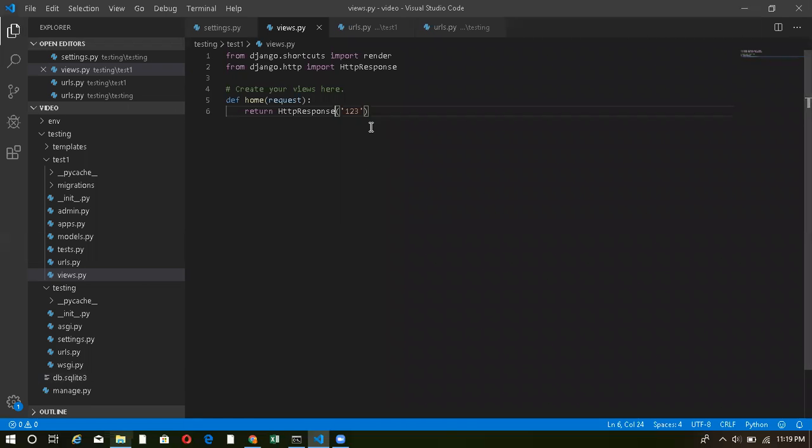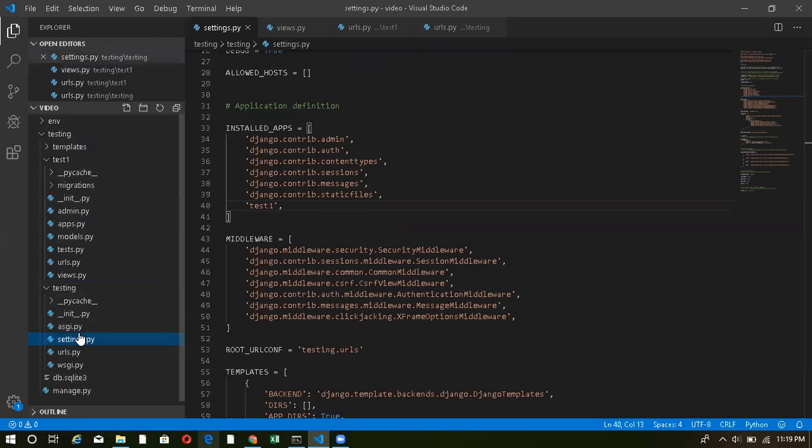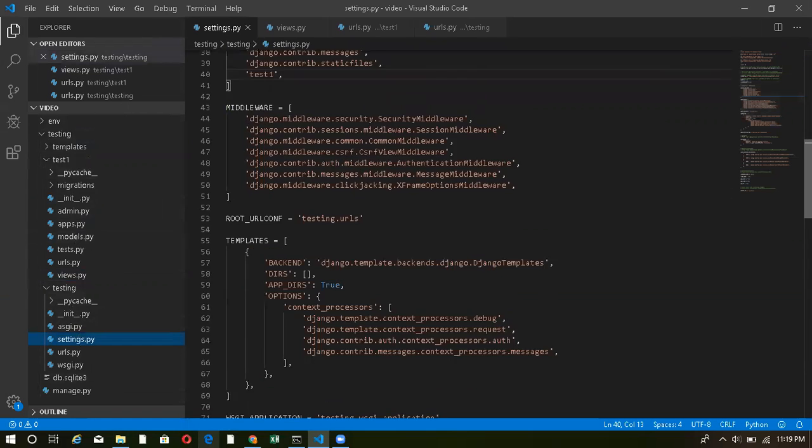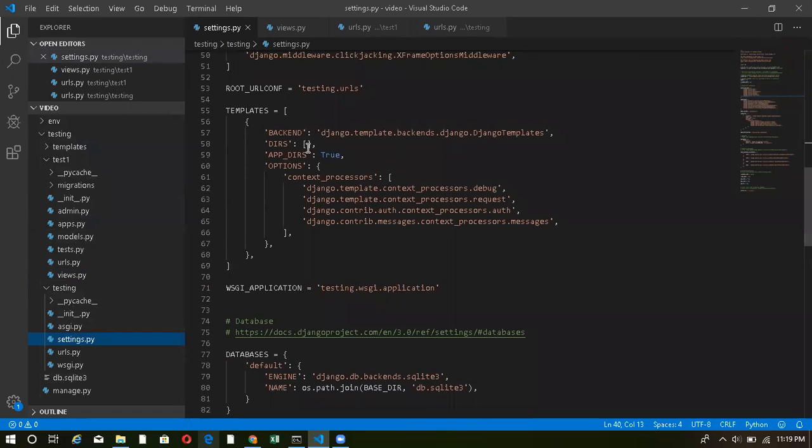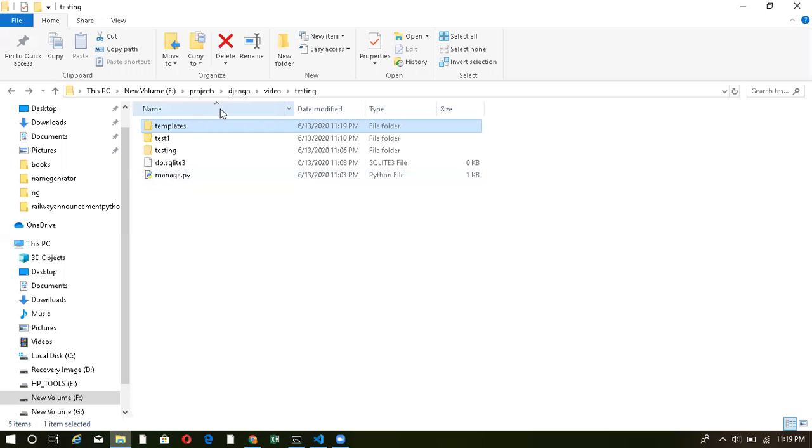First of all, I have to tell my project that I have made a templates folder. So inside my settings.py, I'll be adding over here, inside my DIRS, I'll be adding templates like this. And it's recommended that you put your templates folder inside your base directory itself.